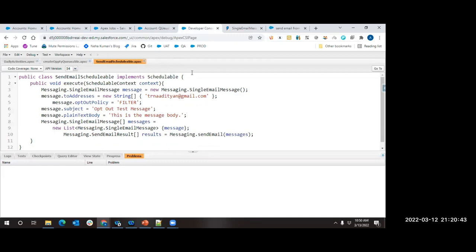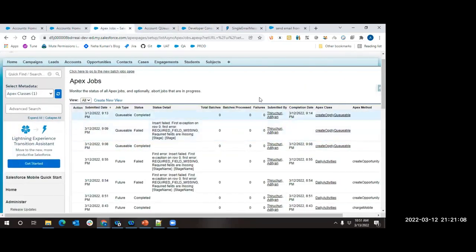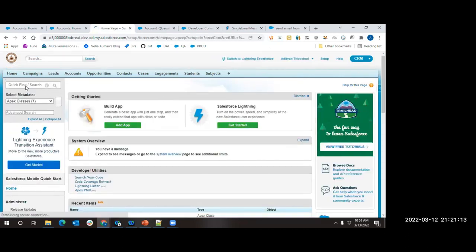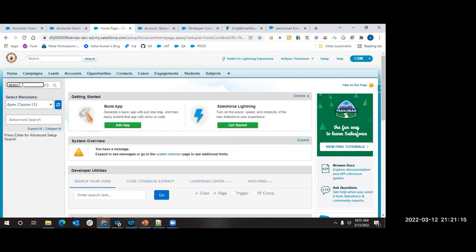Fine. We have written a class, and in this class we have something called execute, and we have written some logic inside it. Okay, which is absolutely fine. Now, how can I schedule this, or what is the process for me to invoke this job? There are two ways. One, you can do it from the user interface level. Two, you can do it behind the scenes in the background by using Apex. Also, you can schedule it. First, let me show you how I should do it at the UI level. If you want to do it at the UI level, come to your home page. Then just type Apex classes here, which will show you all the classes that are present.